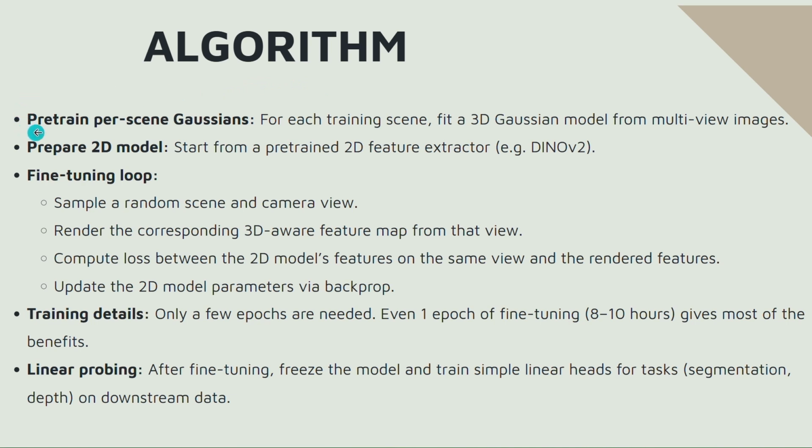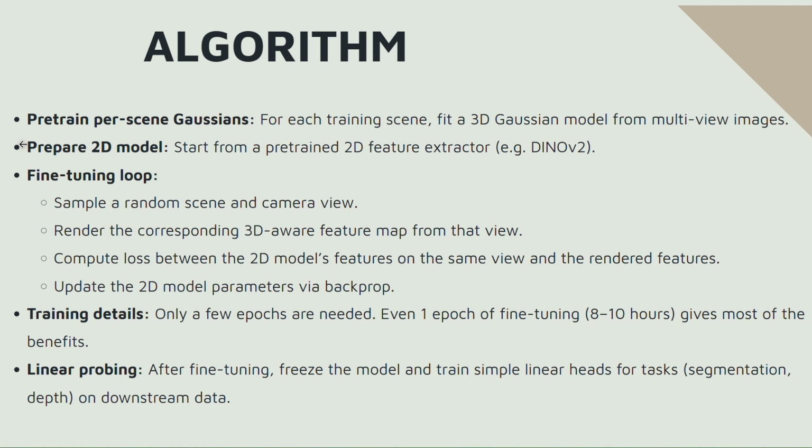models. The first step is pre-training per scene 3D Gaussians. Essentially, for every training scene, they construct a 3D Gaussian representation using multi-view images. This stage is critical. It captures both geometry and the appearance of the scene in a compact and differentiable form. You can think of this as building a soft, spatially aware representation of the scene that can be rendered